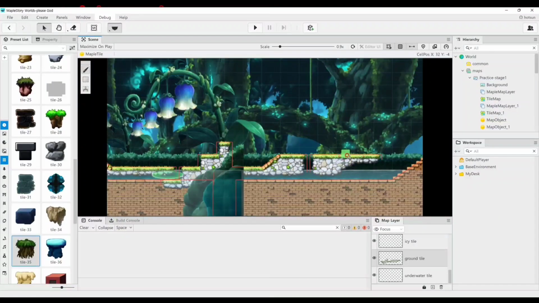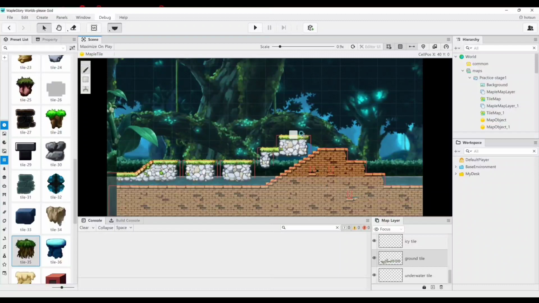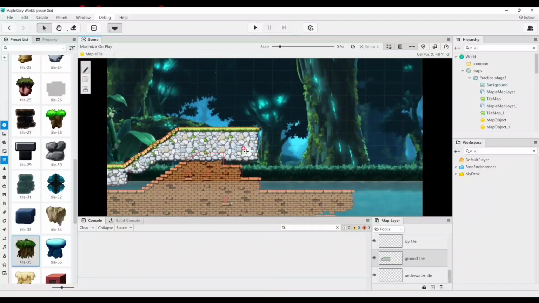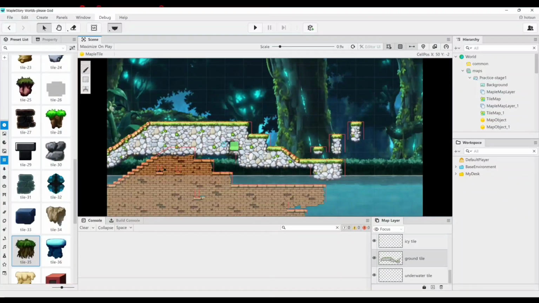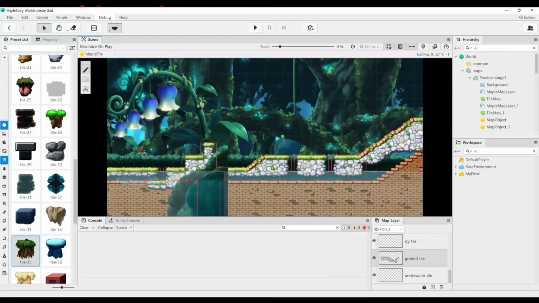I'm going to give some gaps in between. Okay, go all the way up, up, up, up, up. And you can jump, jump, jump. Okay, so right now, I'm going to